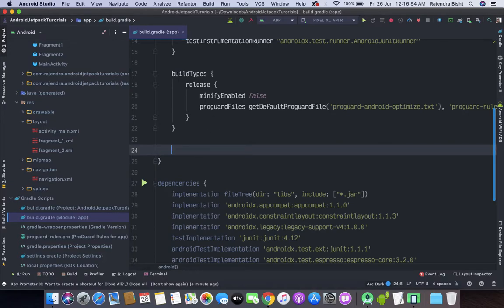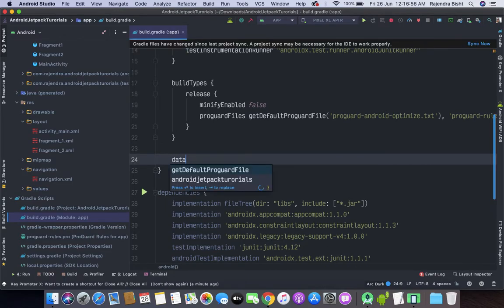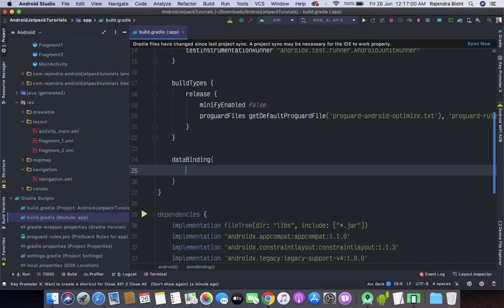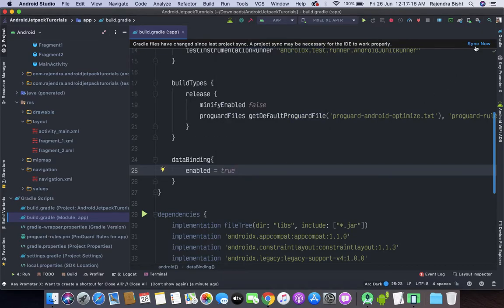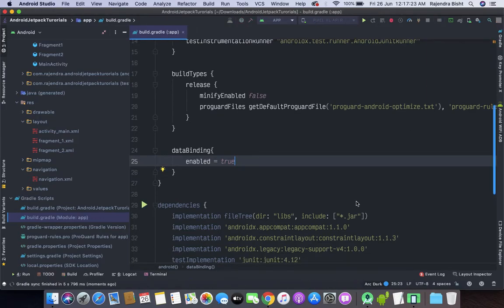Here we need to add one line: dataBinding enabled equal to true, and sync project. It will automatically add the related dependencies.